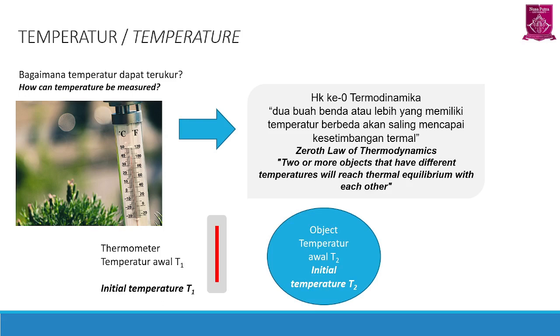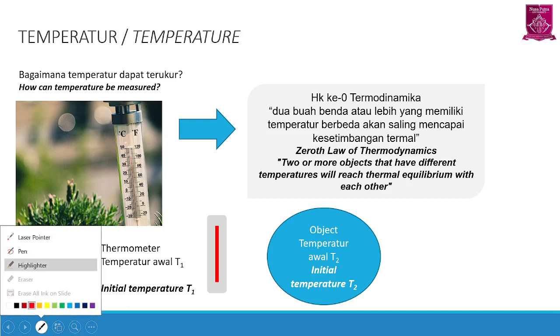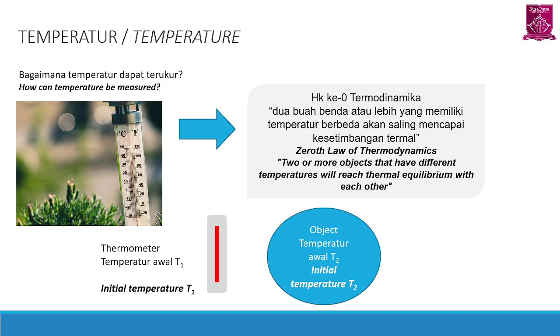The concept of measuring temperature is using the zeroth law of thermodynamics. The law states that two or more objects that have different temperatures will reach thermal equilibrium with each other. For example, now I have a thermometer with the initial temperature T1, and the temperature of some object here is T2. Now, if I bring the thermometer close to the object, the thermometer will